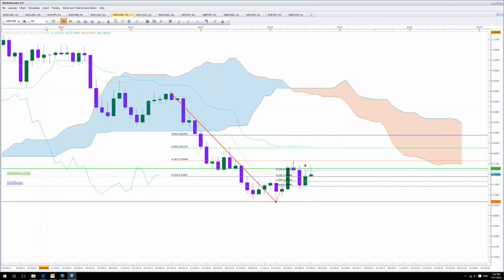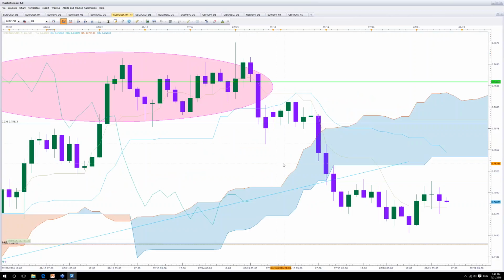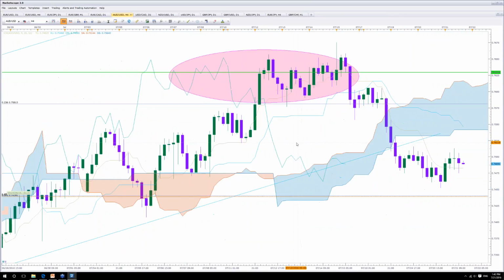So we did monthly, we did daily. Now for shorter-term traders, let's take a look at the 4-hour chart. We are already a little bit too late, but for a 4-hour chart, which is for a shorter-term trader, we can see that a new bearish signal has formed. The difference between these is based on what type of trader you are. If you're a swing trader,